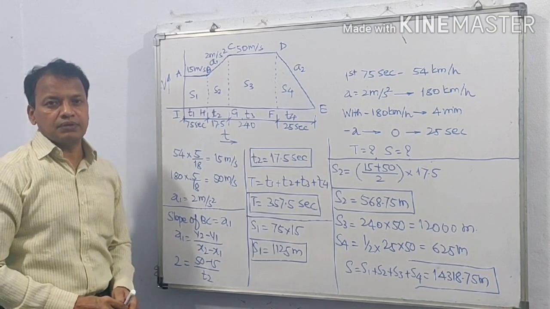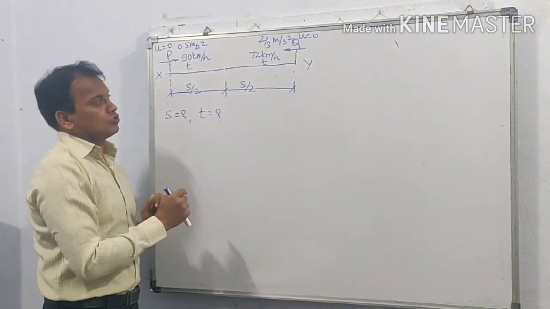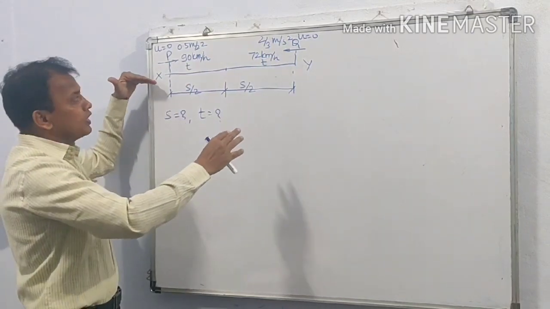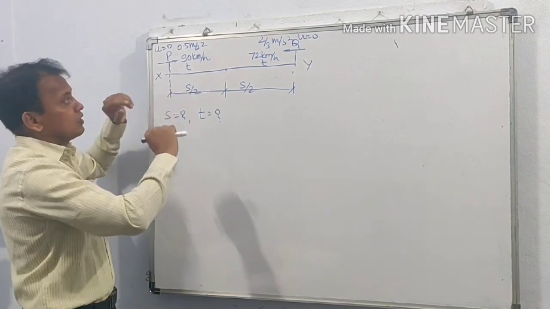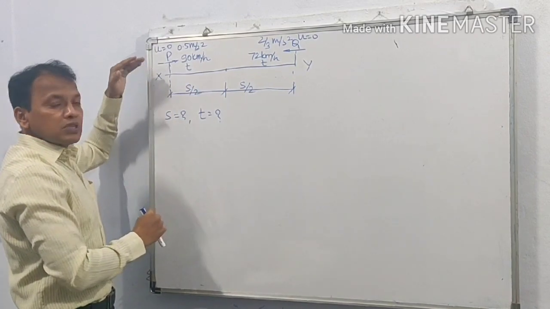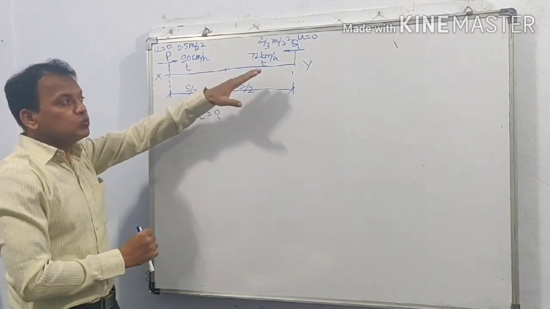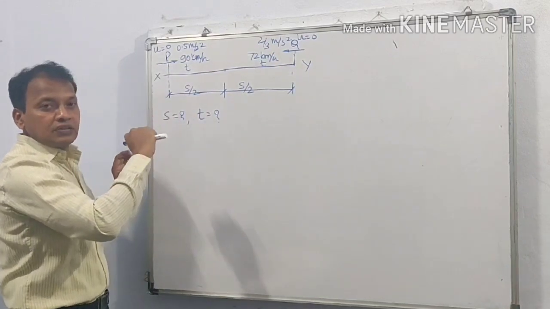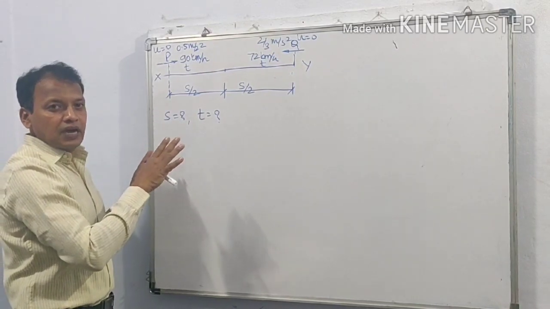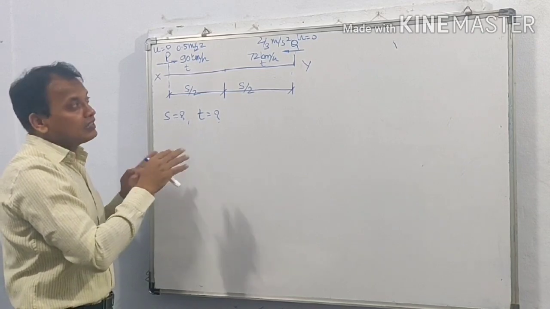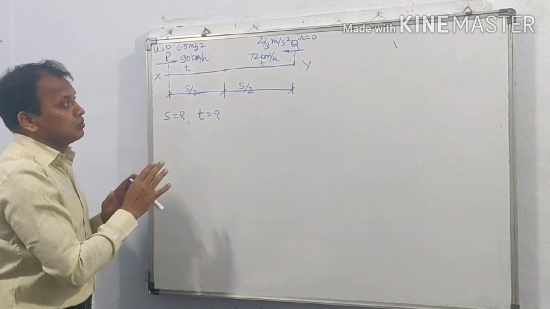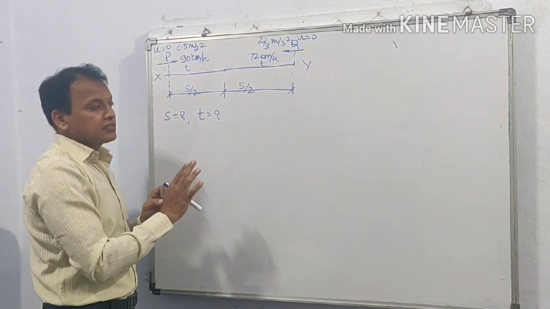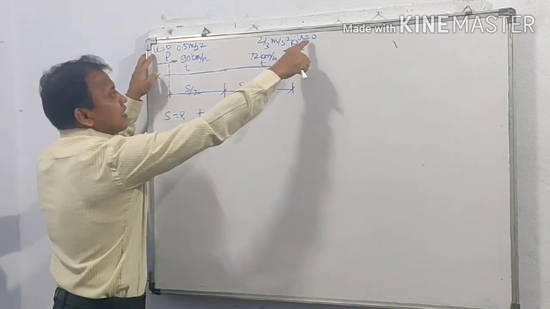Let us solve one more example. X and Y are two railway stations. Train P and train Q are moving facing towards each other. Means train P is starting from X and is moving towards Y. Train Q is starting from Y and moving towards X on parallel tracks. They are on different tracks but parallel tracks, and tracks are straight line. So distance between X and Y is straight line distance. Track is straight. Both trains have started from 0.